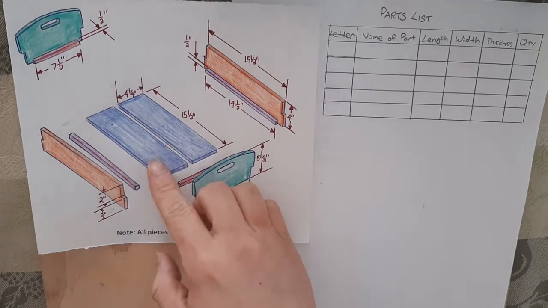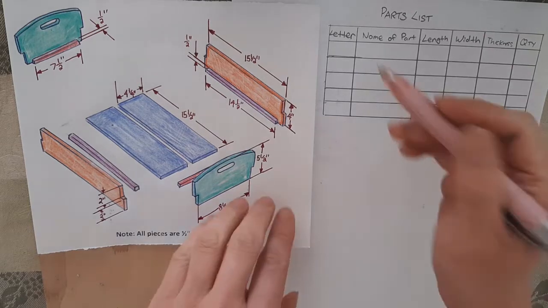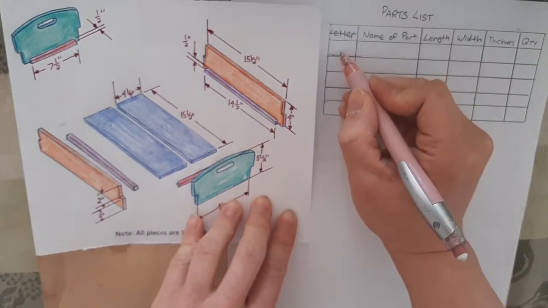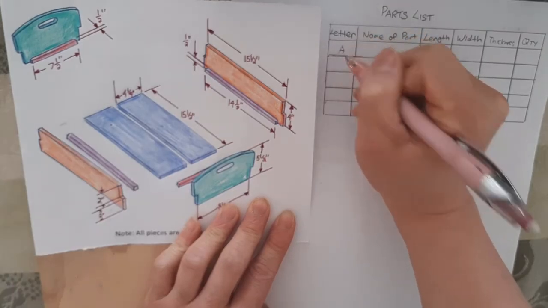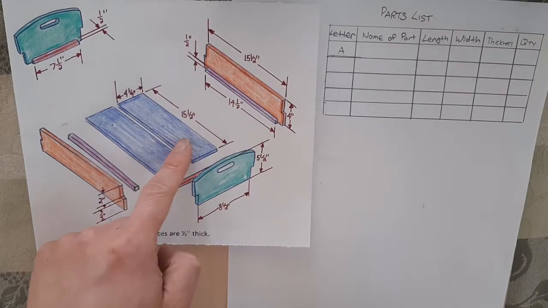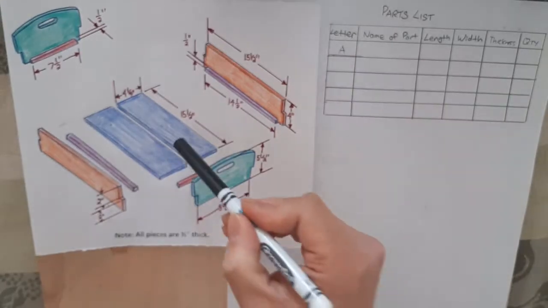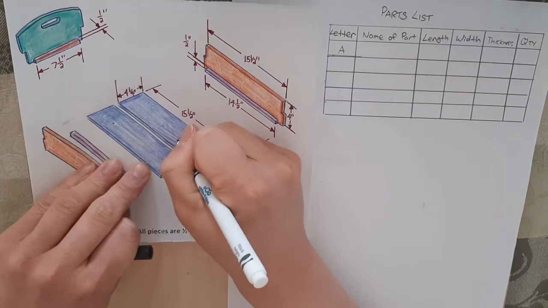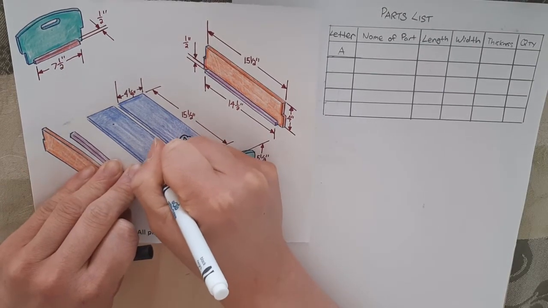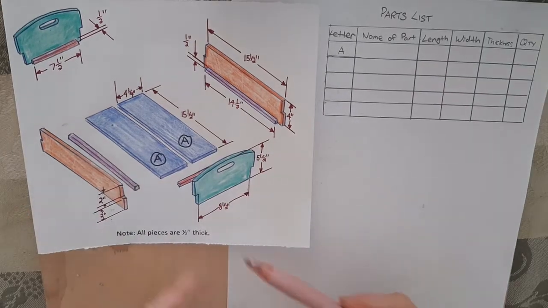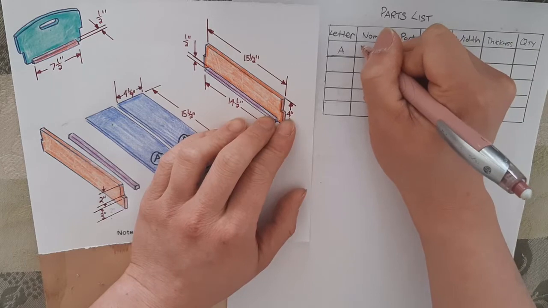I'm going to start with these blue pieces over here. When you're running down the parts list, we usually give each part a letter for easy reference. So I'm going to call that A, and that A would correspond to the actual pictures in the diagram. Since these are going to be my A's, I'm going to call this part A, and I'm going to give it a name. So I'm just going to call them